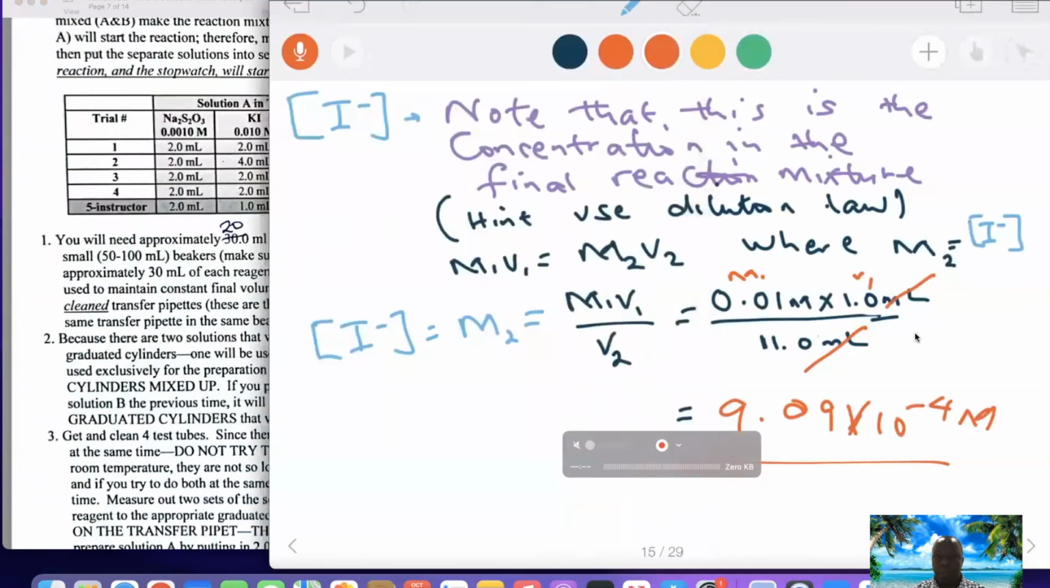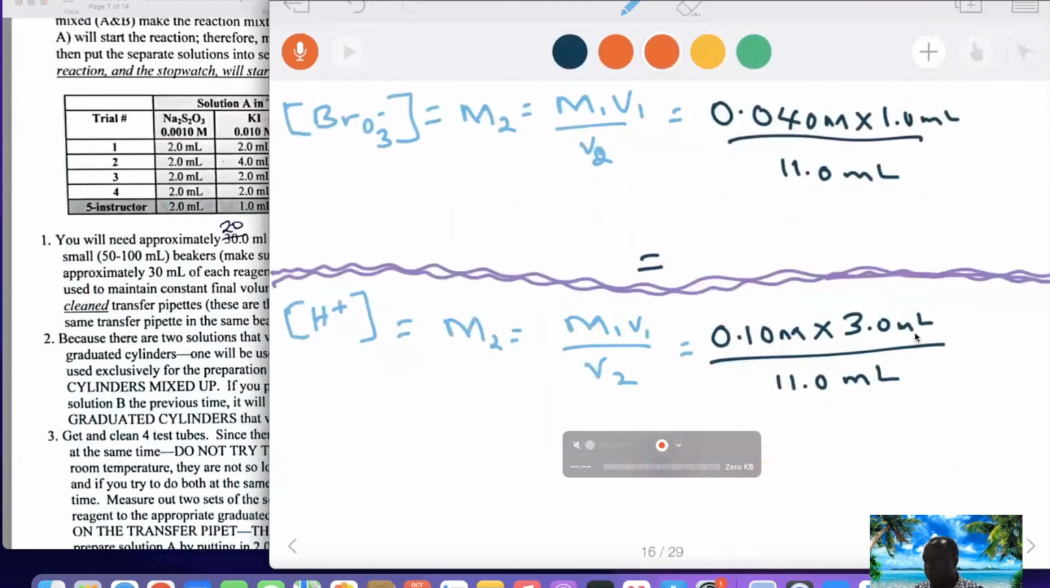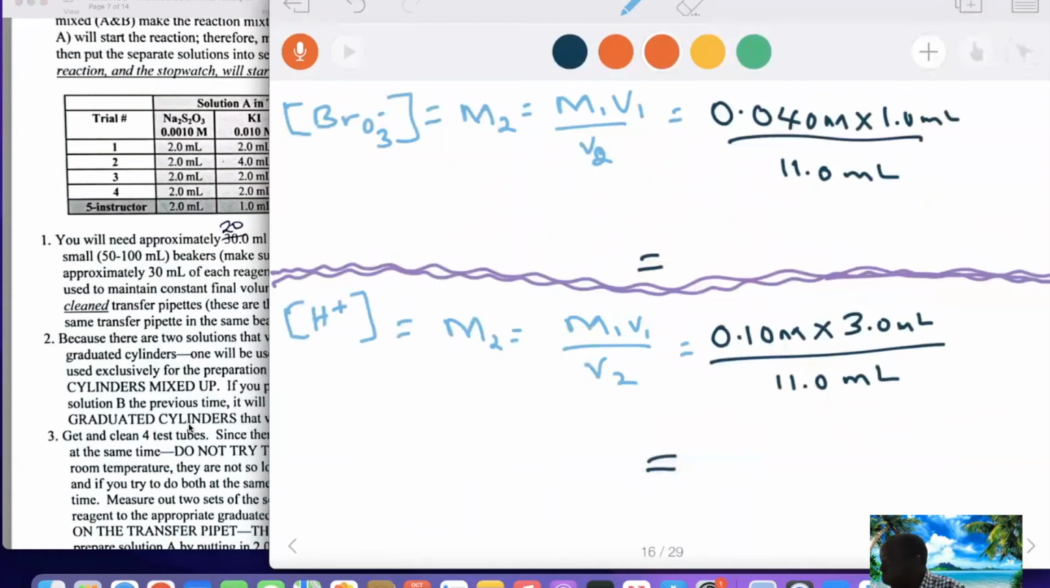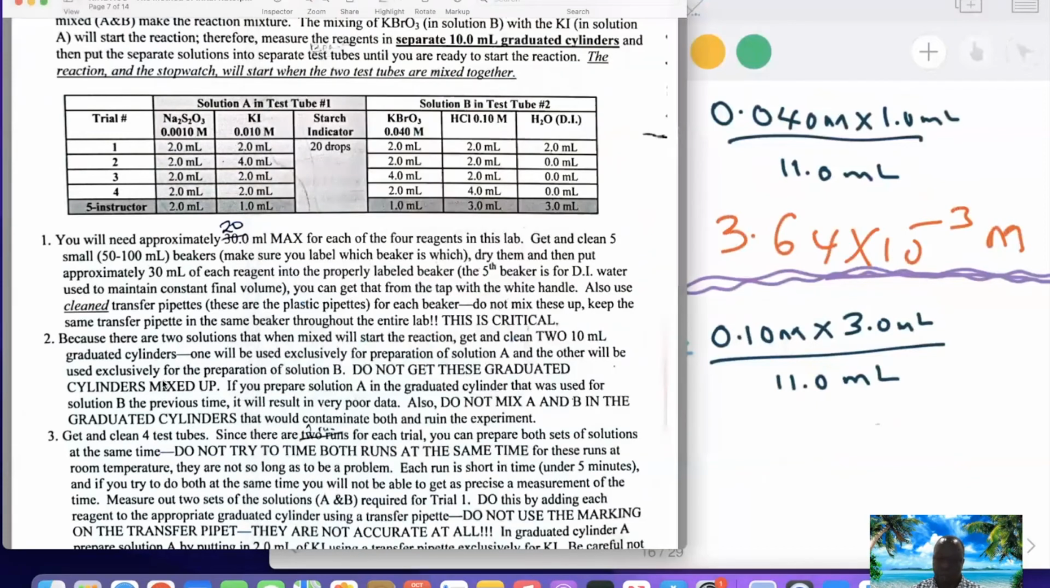You'll do the same thing for the bromide ion, of which the concentration for that will be 3.64 times 10 raised to negative 3 molar. So this is the value here,